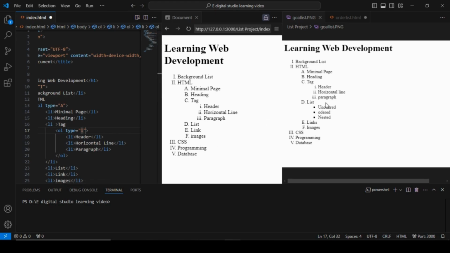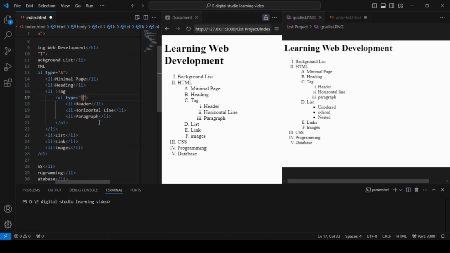Now we would create the list. Within the list we have to create an unordered list. So the unordered list is created under the list. So in the list content, UL,